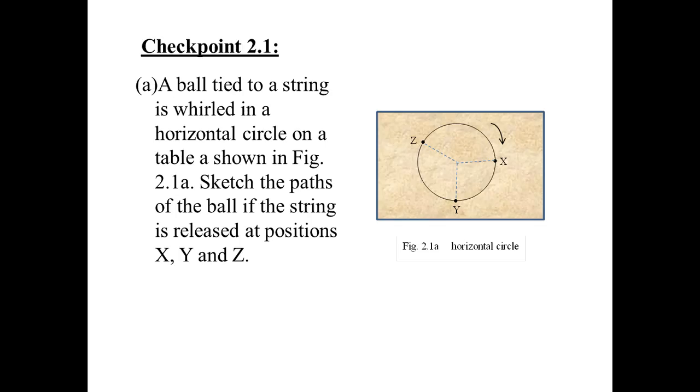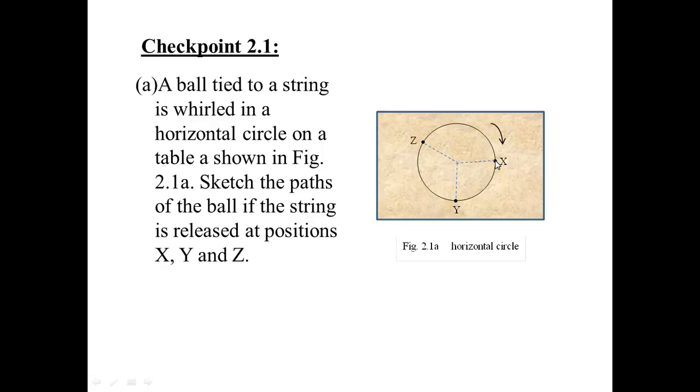Checkpoints. Checkpoint 2.1. In this question, you are given a ball which is tied to a string and is moving in a horizontal circle as shown in figure 2.1a. You are asked to sketch the path of the ball if the string is released at positions X, Y, and Z. If I were to release the string at X, according to Newton's first law,